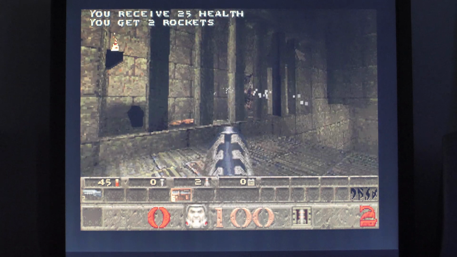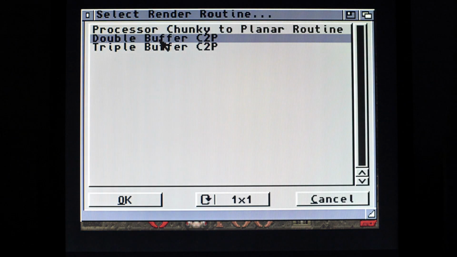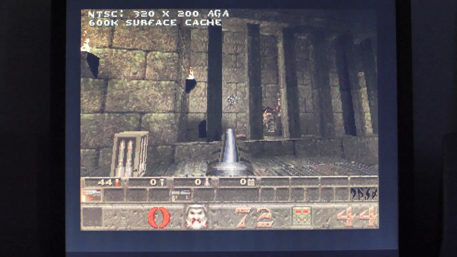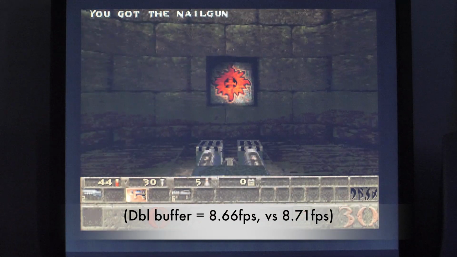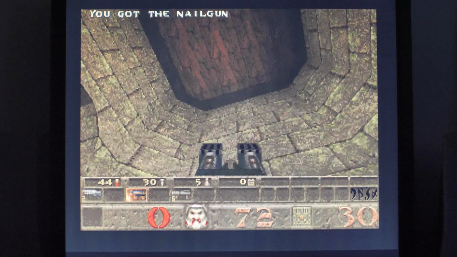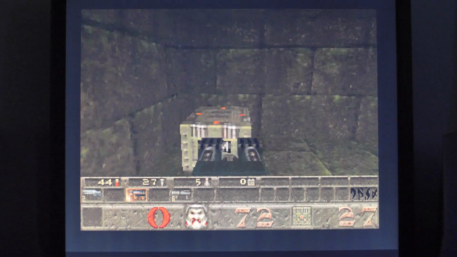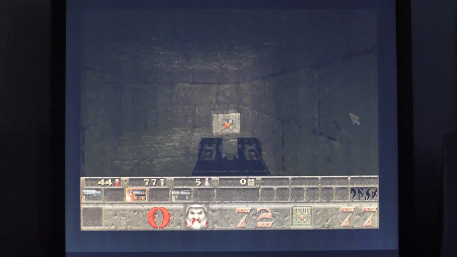It's acceptable, isn't it? You can change the render routine to something that's like double buffered. You do lose a slight amount of frames per second. It's very minute though, but you just get a nicer screen redraw. You don't get graphical glitches and things like you see on the standard renderer. But forget that, because